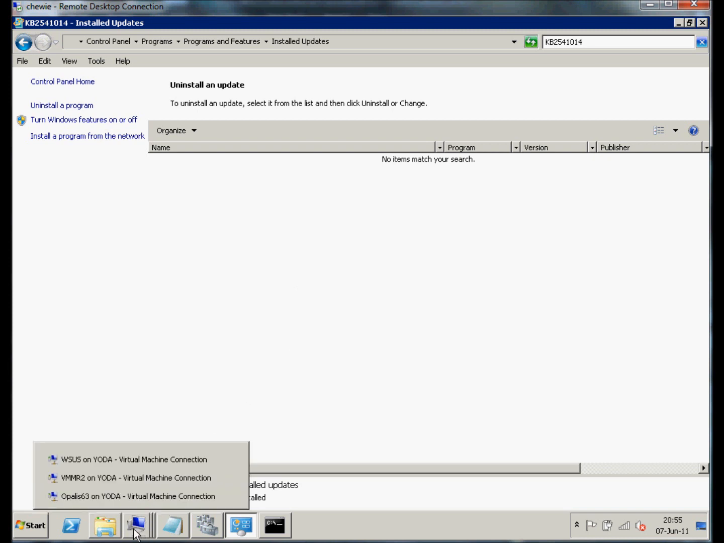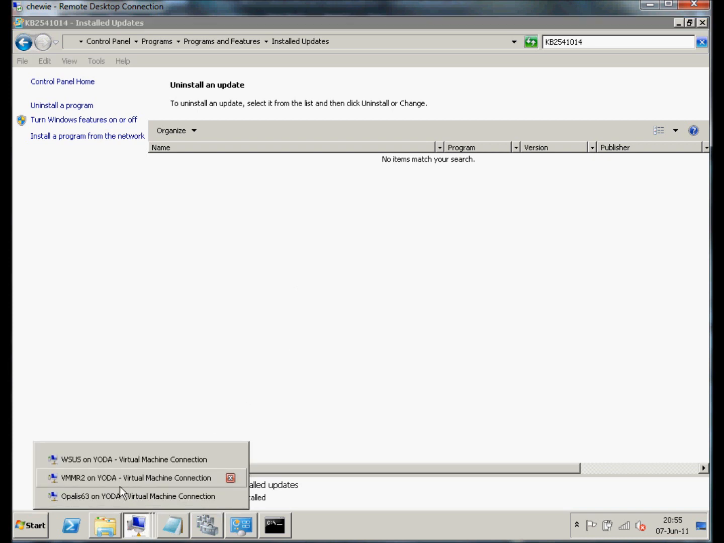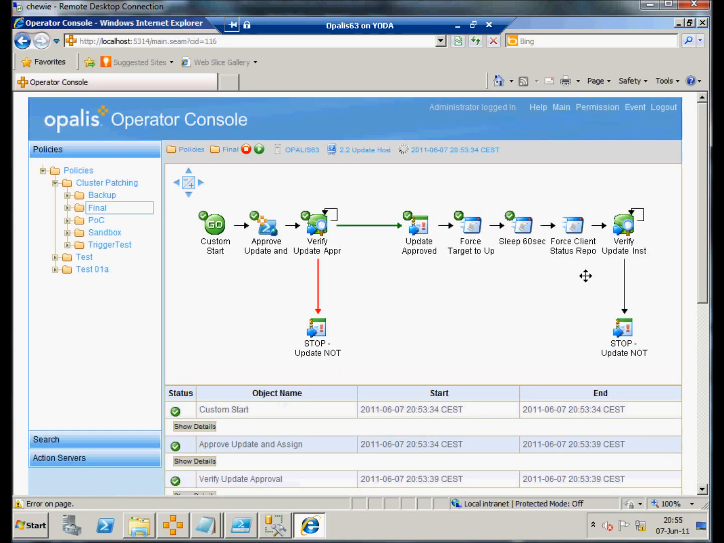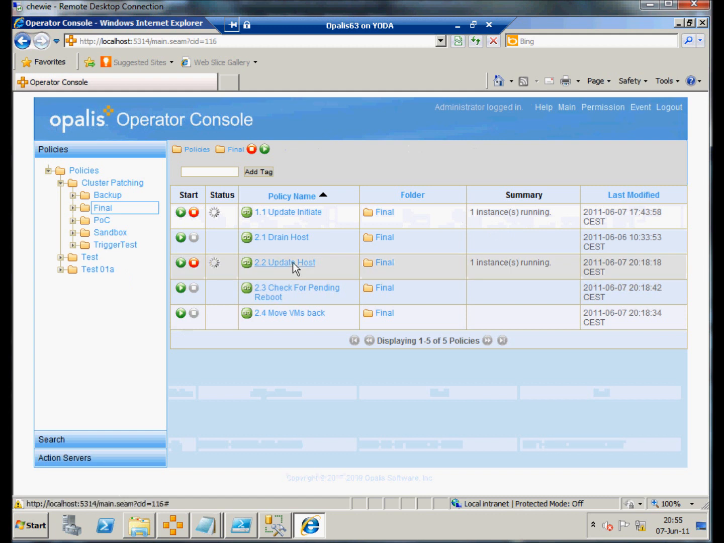And let's take a look at the Opalis workflow where it is. So it's still running, because I've integrated some looping here so that I make sure that I check multiple times whether the update has been successful. So while we are waiting for that update to complete, I promised you to take a look at the SQL query. So WSUS needs